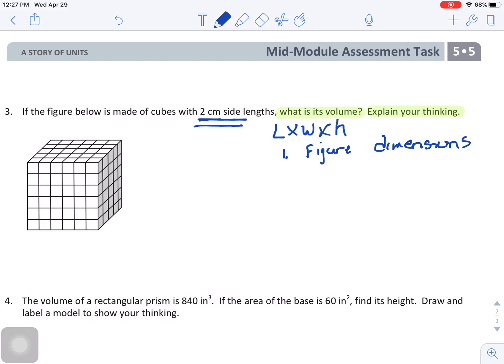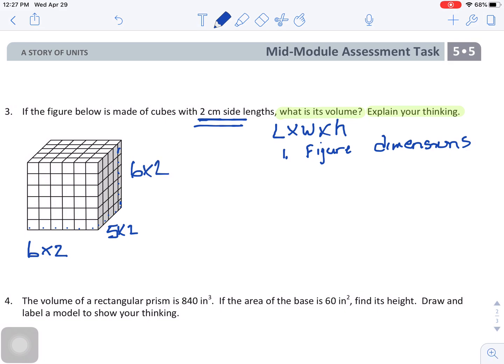And when I do that, I have to not only count, there are 6 of these, but I'm also multiplying them by 2 centimeters, right? And this is 1, 2, 3, 4, 5 times 2. And this one is 1, 2, 3, 4, 5, 6